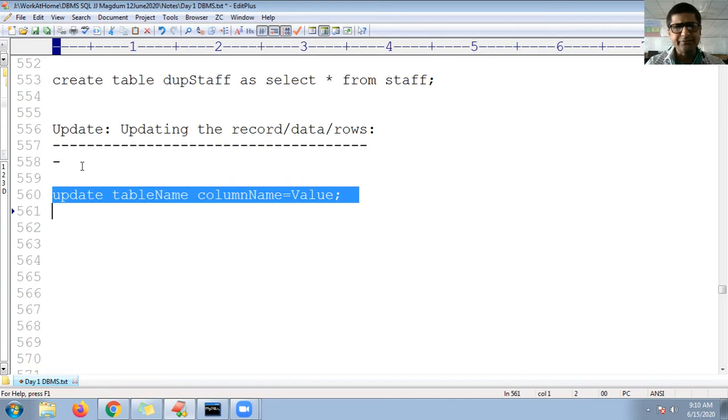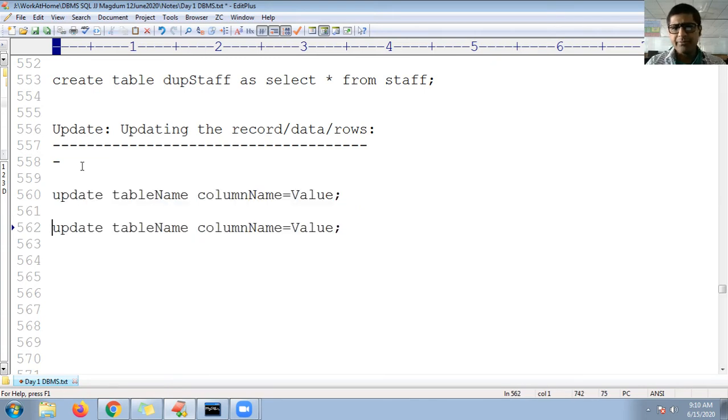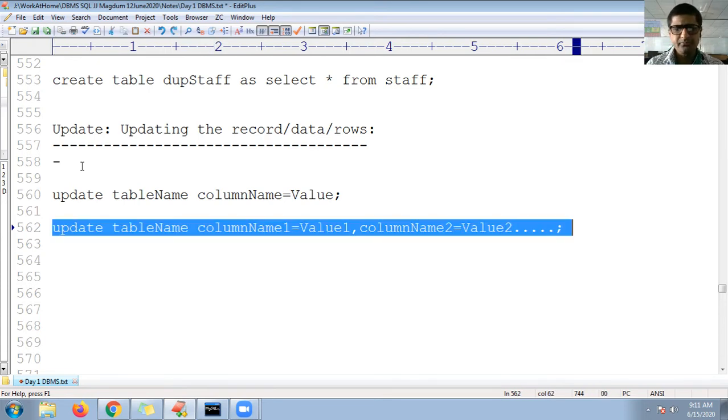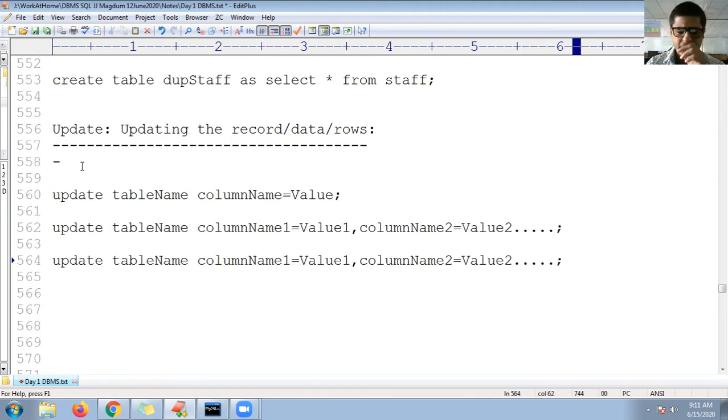Let me go for specific columns, or more than two columns you can call. So I can change the same structure into this form. I can take the same value and replicate it multiple times. Column 2, I want to update multiple columns, so you can mention multiple columns separated by commas. Here also you can update all the values of those multiple columns. Now one more query, or one more syntax, let me proceed.